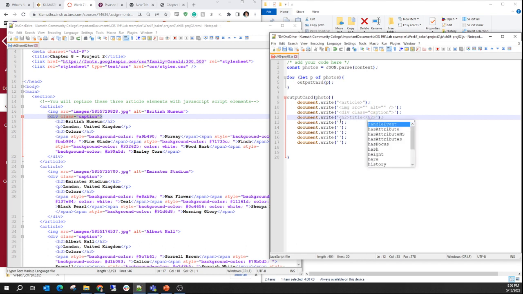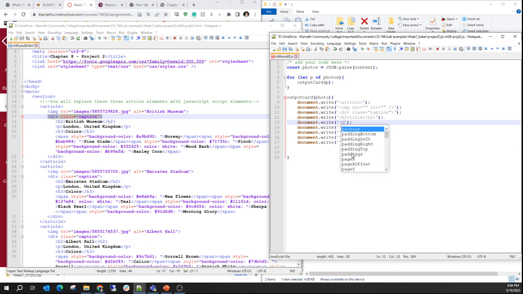Golly, I'm really having trouble typing today. And then we're going to have a P tag that's going to create or have our location. And then we have to close it. And then an H3 that contains